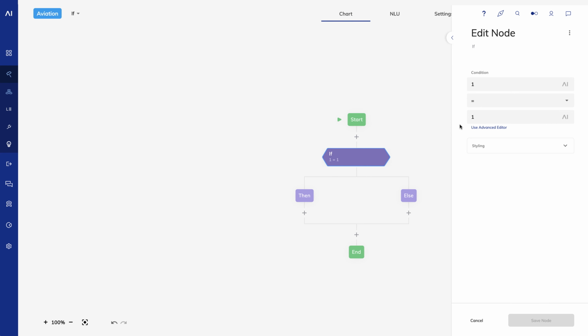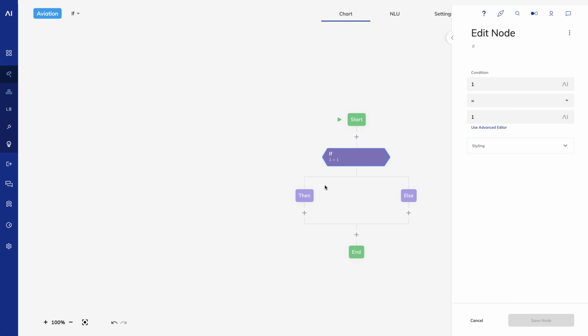The rule editor is the tool we use to create conditions. A condition is the thing we're testing for, like if it's morning, if it's raining, or if your battery is low. You'll see at the bottom of the rule editor, there's the option to use the advanced editor. We'll talk about the advanced editor in a later course when we learn about Cognigy scripts. The rule editor gives you the power to check for conditions using tokens. But before we get there, let's test out some basic operators.